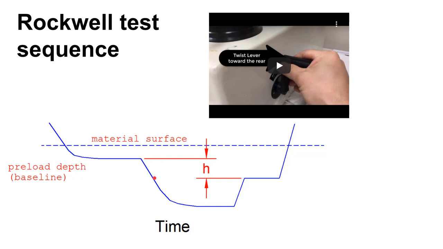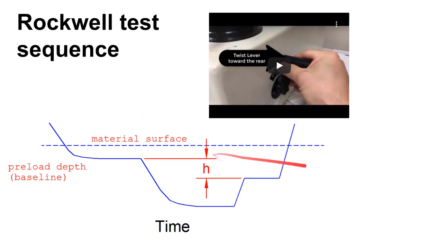With the major load applied, the indenter will start to penetrate down into the material, and then you'll leave it there for a period of time to make sure that it's gone in far enough. At that point, you'll remove the major load, and you'll be back to the same load that brought you down to this point originally. So you still have the preload applied here, but this is the amount of permanent deformation that was left in the material by the process of measuring the hardness.